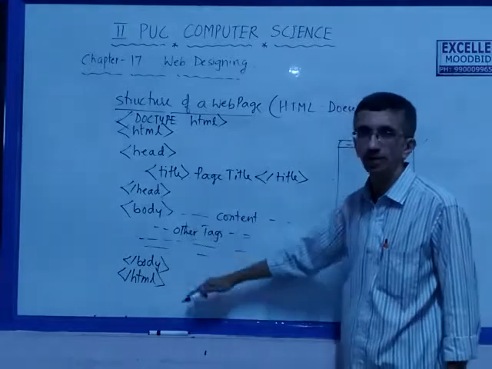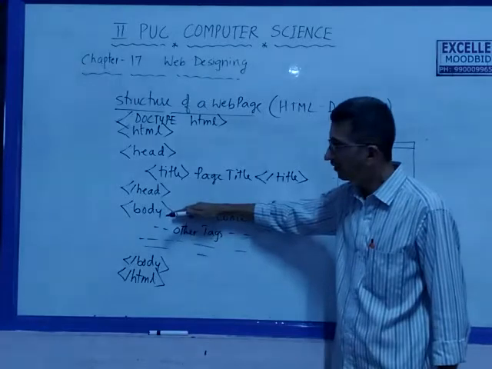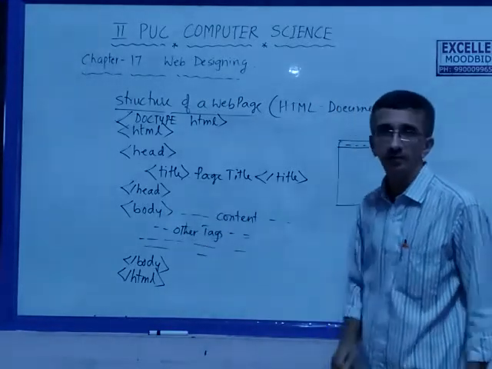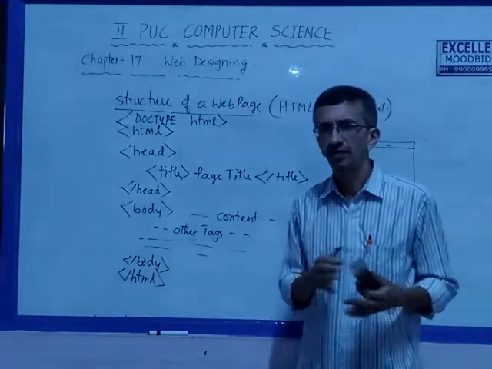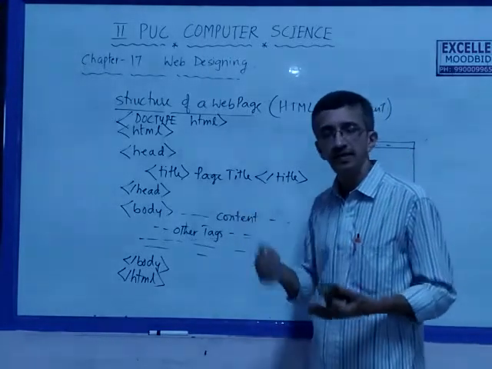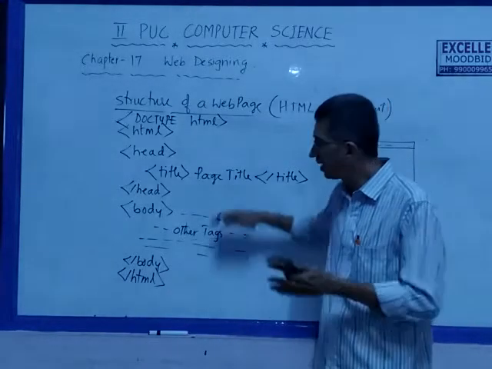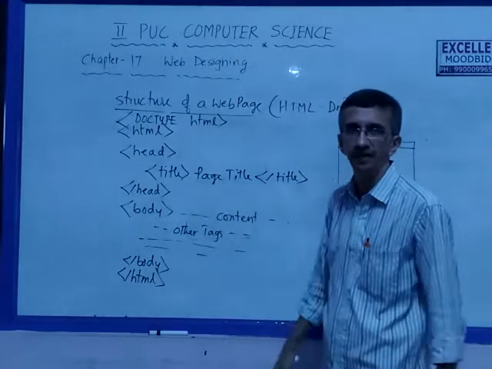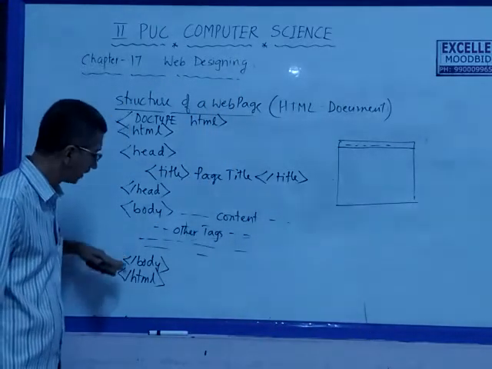Next comes the very important section of the HTML document, which is the body section. Starting with the body tag, it ends with the close body tag. Here, all the content in terms of paragraphs may include all the text formatting tags like bold, italics, whatever. Basically the text. Next, tables or lists or any other entities you want, images, links, everything comes within the body tag. So this body tag includes the main content to be displayed on the web page. So starting with the open body tag and close body tag and close HTML.